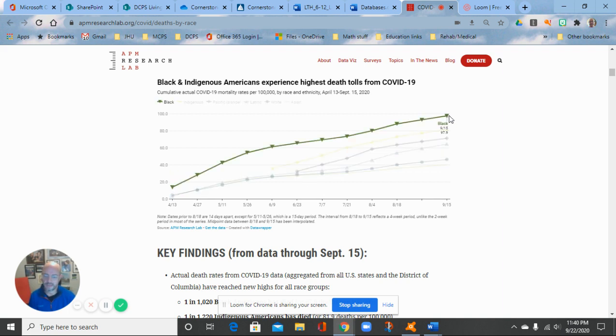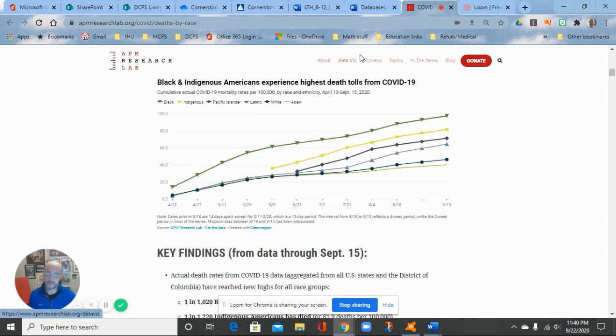I know that it tells me for Blacks, I would put Black 97.9. I would put Indigenous 81.9, and so on and so forth. Pacific Islander 71, Latino 64, white 46, and Asian 40. Okay, so